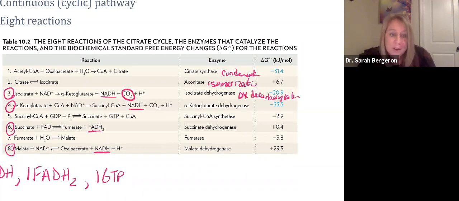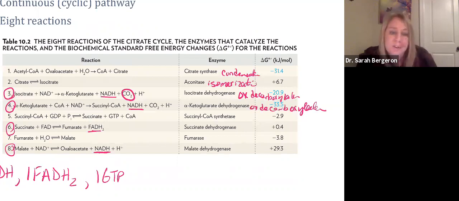So we have an oxidation reaction occurring, and we're also decarboxylating or removing a carbon. So those carbons come off as CO2, right? So look at the next reaction. We produce, again, NADH and CO2. So this is alpha-ketoglutarate dehydrogenase, because that's the substrate that we're converting to succinyl CoA. So this is yet again another oxidative decarboxylation,